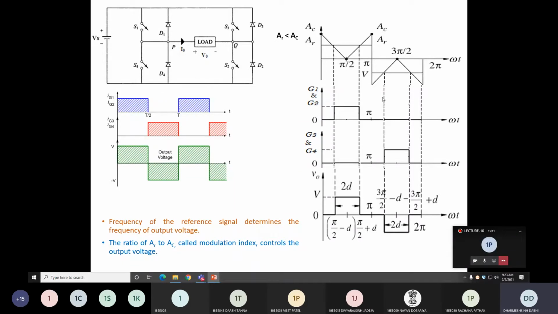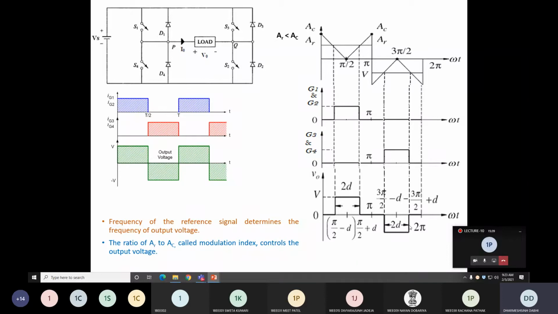Okay. So that is a single pulse modulation technique, because you get only a single pulse in half a cycle, and by changing the width, you can also change the output. In the same way, in the negative cycle, between these two points your reference signal is more than the triangular signal, so you generate the gate pulses Ig3 and Ig4 that you apply to switches S3 and S4, so you get the negative voltage at the load side.